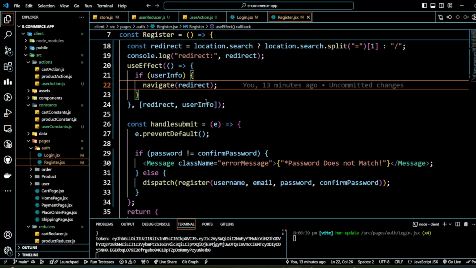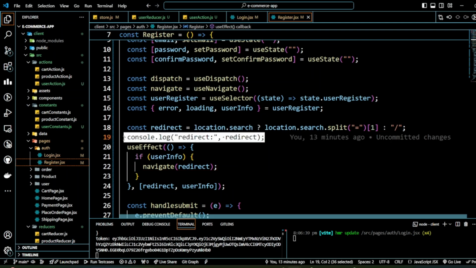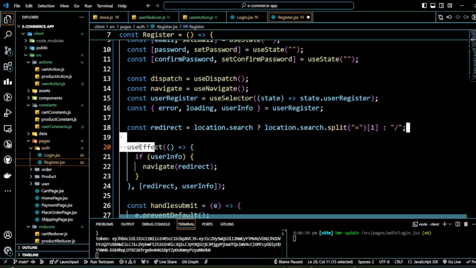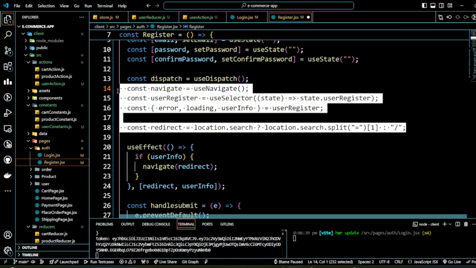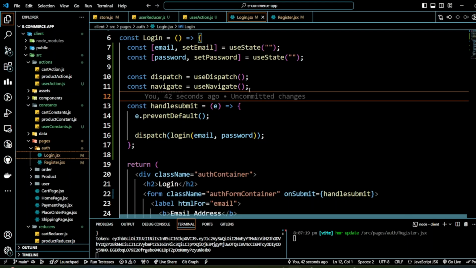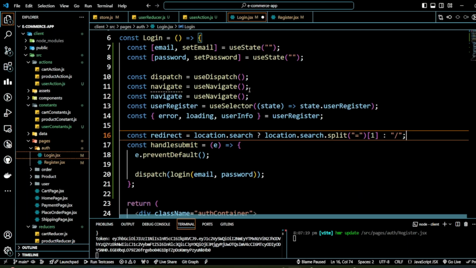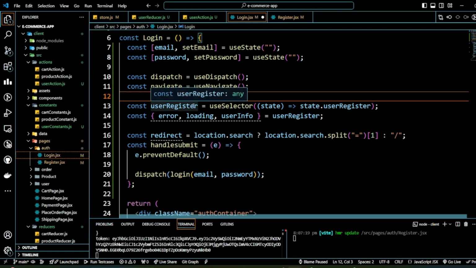So we're gonna now work on the useEffect part. For that we need this. Where is that? Redirect. And let's remove this now. Let's take this redirect here, and actually take everything here from useNavigate, and save this also. Okay, we already did that. Again, we're not going to define it. Okay, it will be user login,